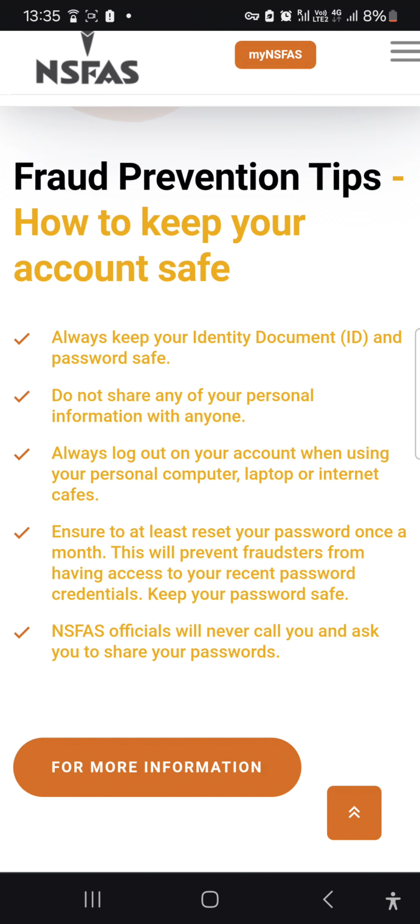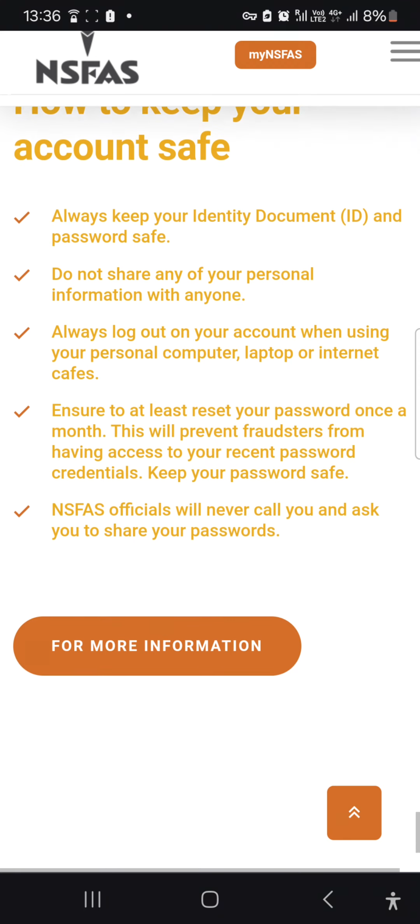Always log out of your account when using a personal computer, laptop, or internet cafes. Especially an internet cafe. If you go to an internet cafe, you log in using your ID number and your password, and after you're done with the application, you just leave without logging out. Someone else may come in and continue logging into your account and access your details, everything. Which means from there, they can easily cancel your application. And then later you find out that your application has been cancelled, but you're not aware who cancelled it. You see,